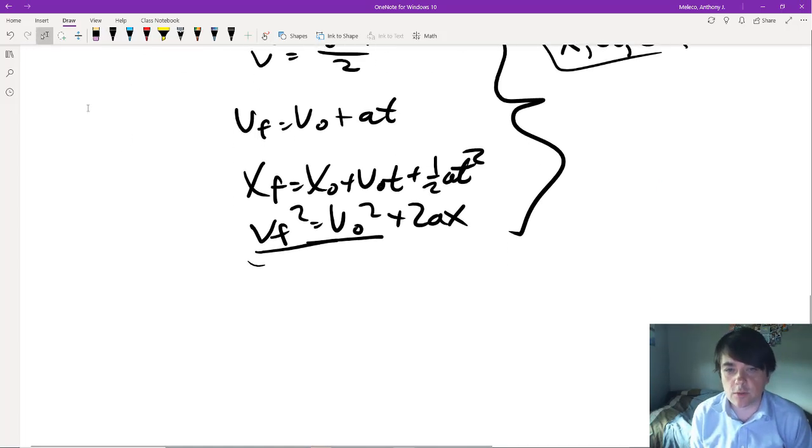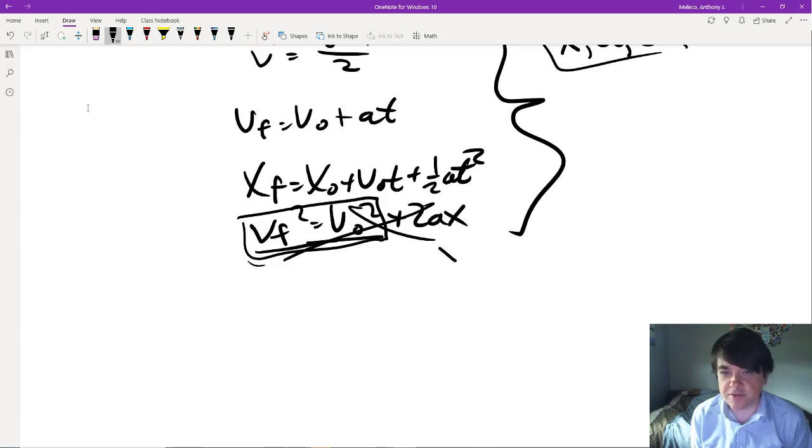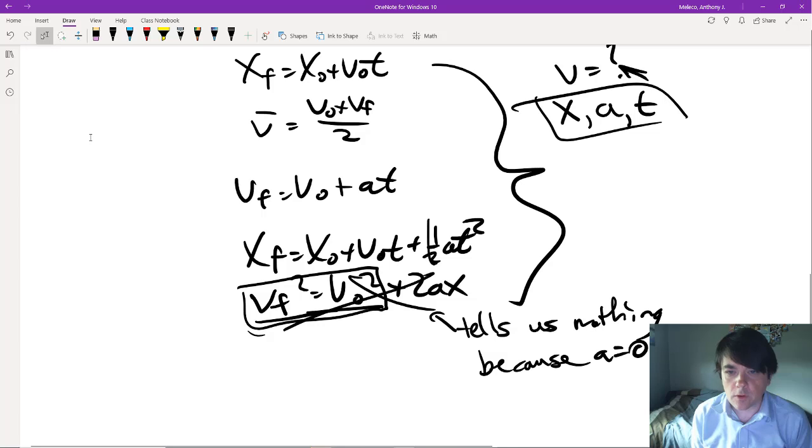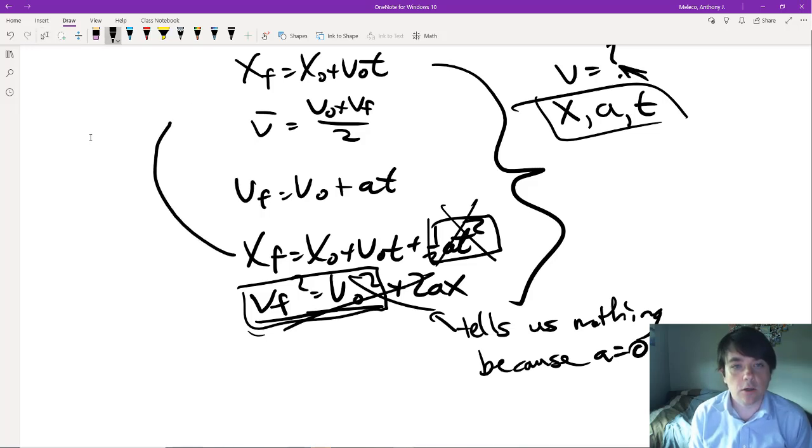This equation doesn't work because these guys are the same value, and a is 0. This equation actually tells us nothing here, because a equals 0. Here, this a is 0, so it would cancel out this guy. Okay, so 1/2 times 0 is 0, right? So this entire thing would be gone. This would leave us with x final, x initial, and v naught t,